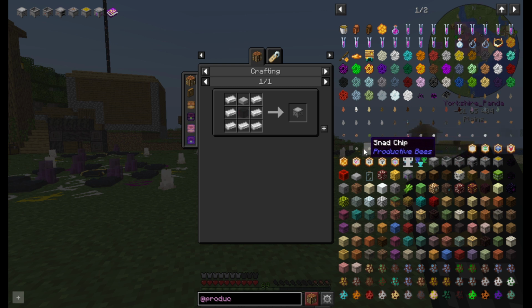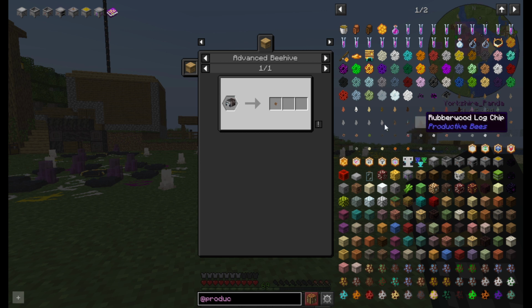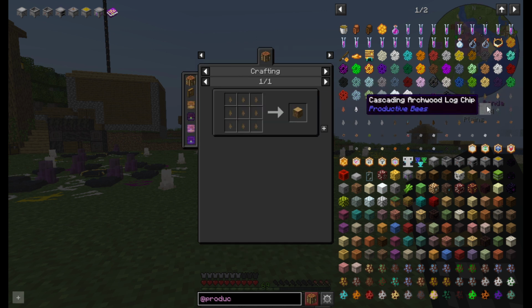All the stone chips, tough chip, snad chip, deep slate, polished stone, diorite, mycelium, coarse dirt, podzol. So a lot of these don't look like they produce anything from it, which is a little on the annoying side. Same with the wood, otherworld wood chips. But the other one that seems to work is oak. So none of these seem supported besides oak wood,